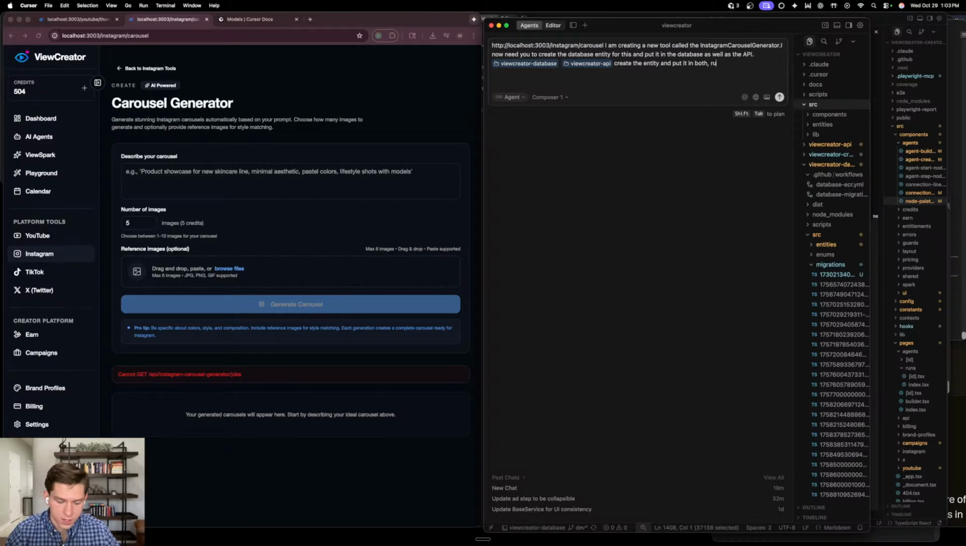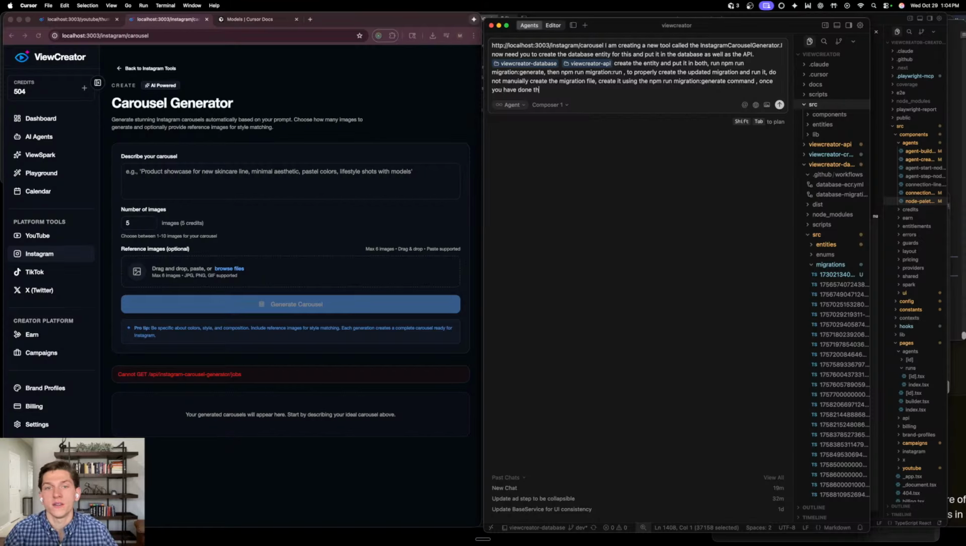Do run npm run migration generate, then npm run migration run to properly create the updated migration and run it. Do not manually create the migration file. Create it using the npm run migration generate command. Once you have done this, then create the API module for the new Instagram generator, and then